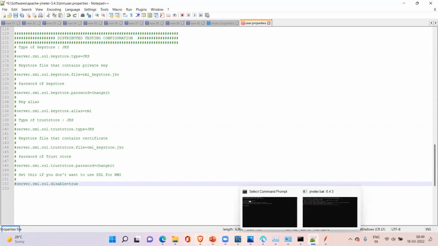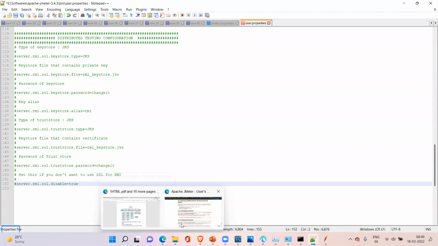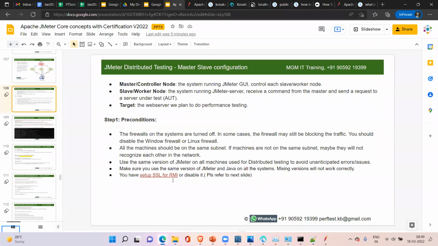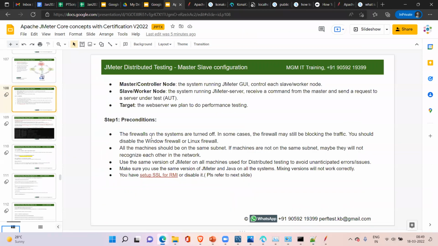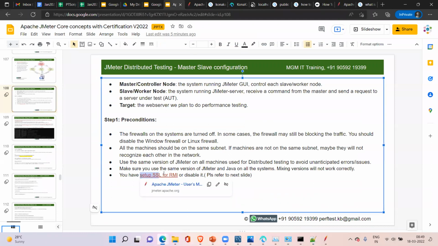We do all these steps, and if you are using this master and slave concept, then it is mandatory. Adding this is mandatory. It's mandatory to do either of these: either you set up SSL for RMI or disable it completely.